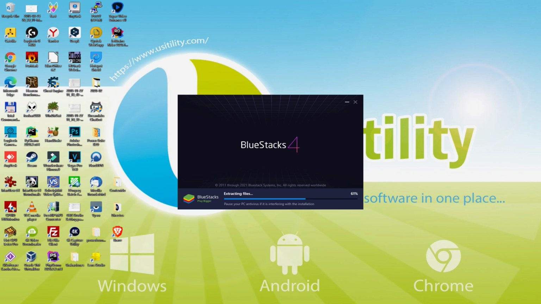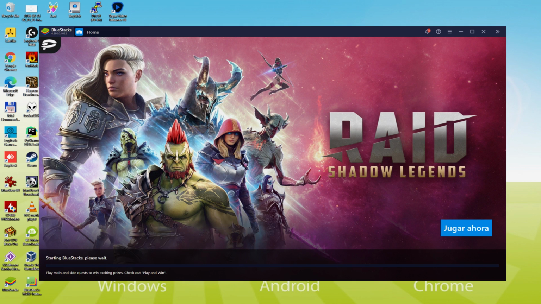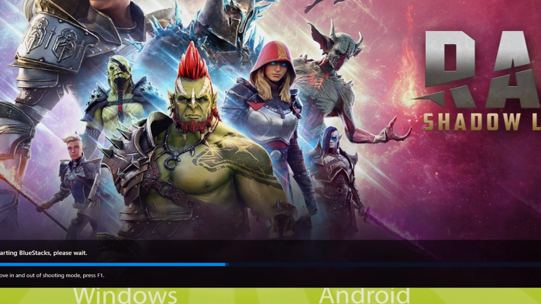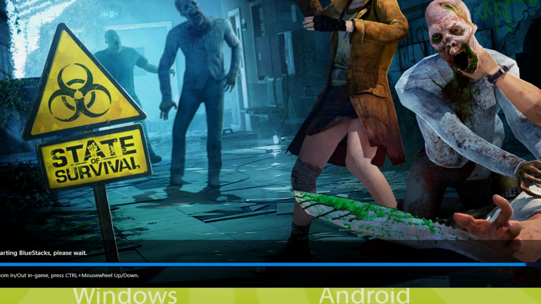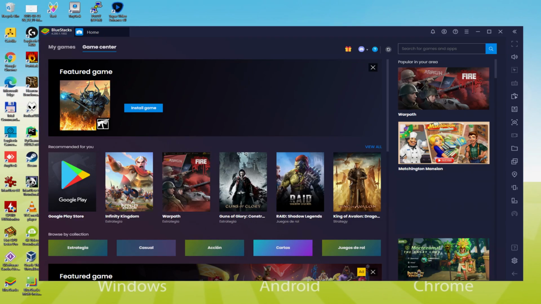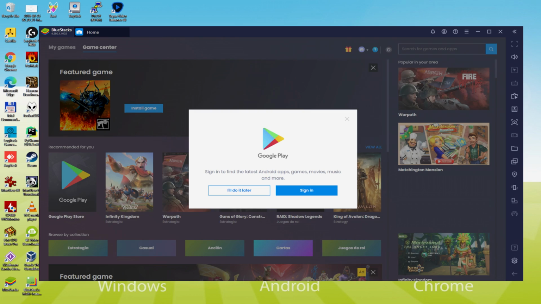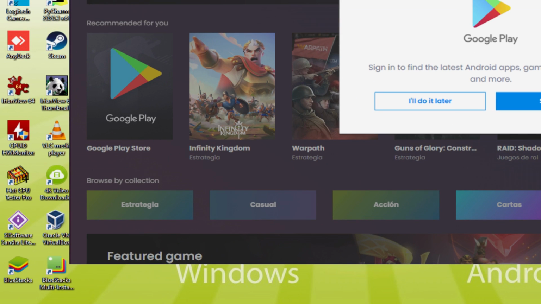It has by now ended on my side. At present, the emulator has been launched automatically. As you can see, at the bottom of the screen, there is a progress bar that will advance to the right and once it reaches the finish, the emulator is launched for the first time. Indeed, the emulator has been launched. Here it is for the first time. Before we keep going, as you can see, it has created two software icons on the computer desktop. The BlueStacks and BlueStacks multi-instance.